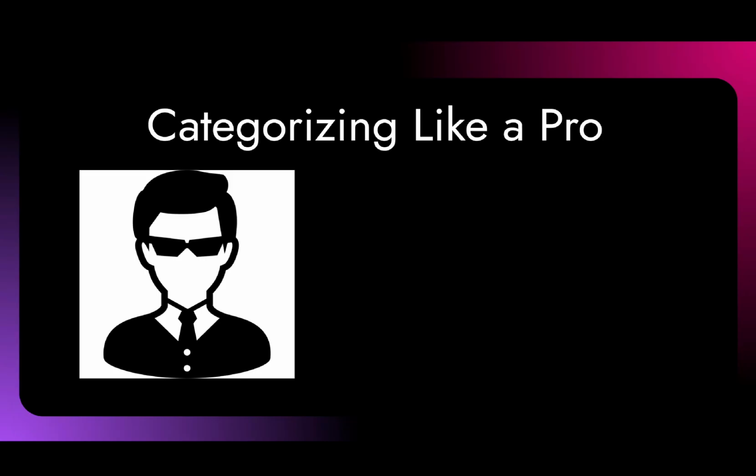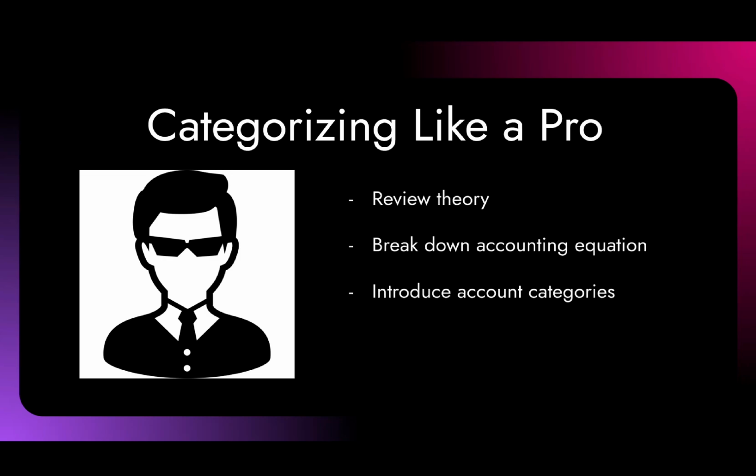Now this can be a very important process if you want your business's books to be in order. Also, it can slightly differ from one platform to another, so today we'll be covering the Inside Hawk categorization in particular. So first, we'll review the general theory that we covered in our accounting principles video. Then we'll break down the accounting equation into smaller parts. We'll then introduce account categories that are related to the broken down accounting equation, and we'll discuss each account category